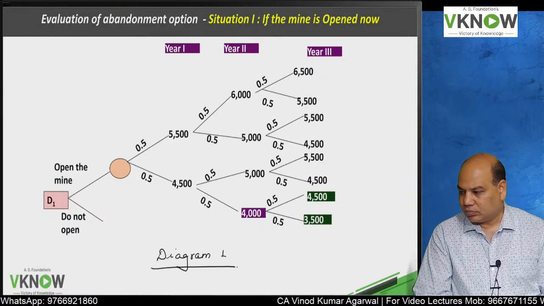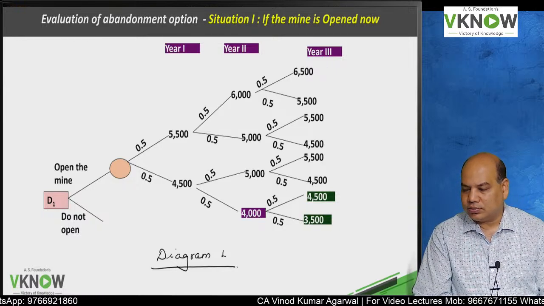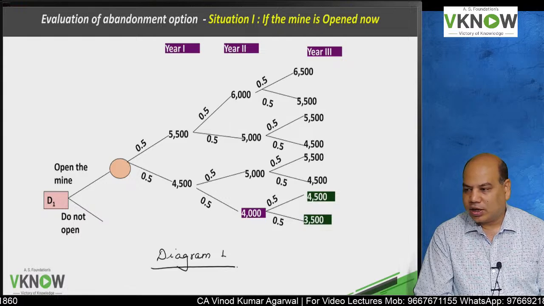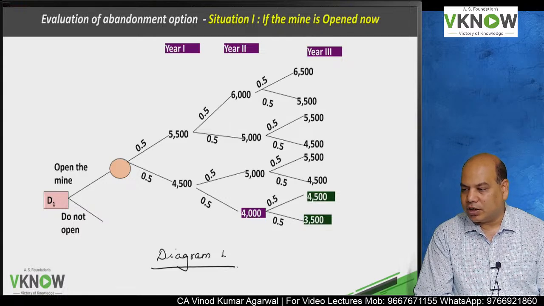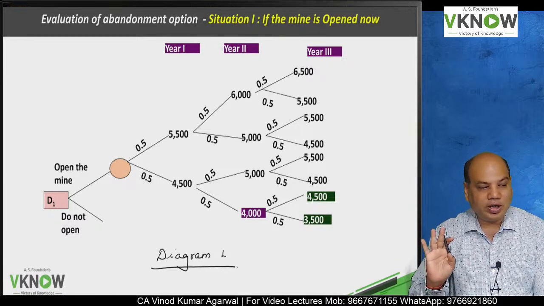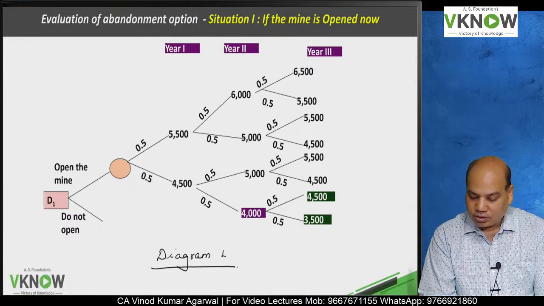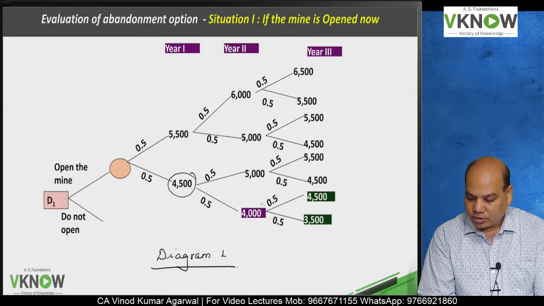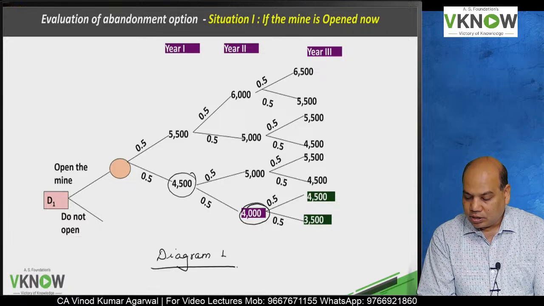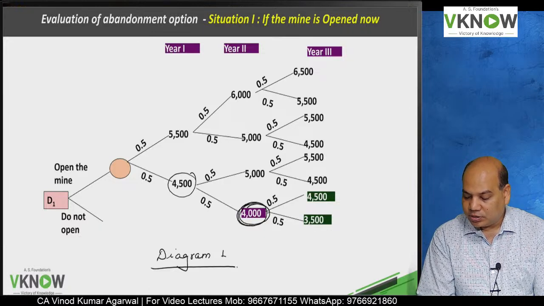Okay, so I am asking you one question. When would you abandon this project if you have the option to abandon? Go to diagram 1, situation 1. If the mine is opened now, there are two abandonment points. Wait, one is here and one is here. Is it right? If you abandon at this point,